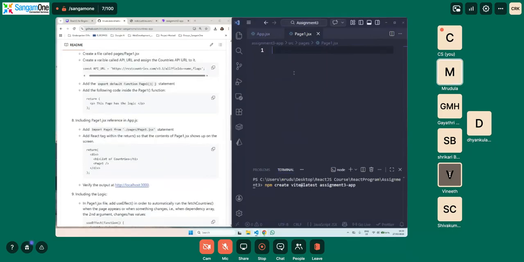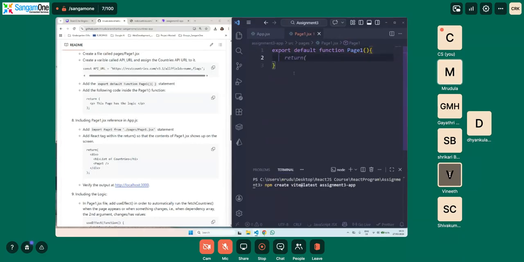Okay, so here, what we will do is we will go back, and then we will have the export default function. So before you add any logic, anything, always have an export default function as the first line of code in your JSX file. Okay, export default function page1, and then something like this.